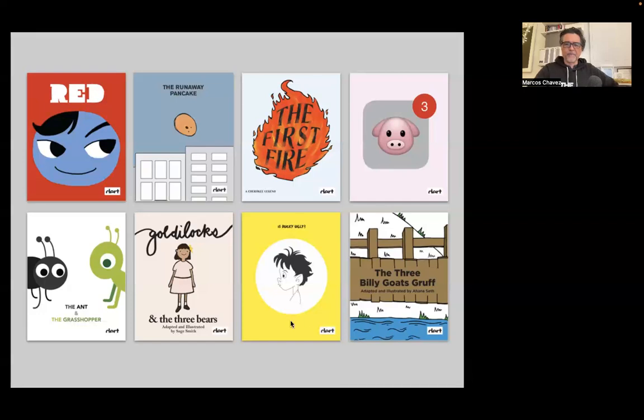But you can also see here that we have an Aesop book, The Ant and the Grasshopper, and that's another kind of classic thing about storing your treasure so that when hard times come, you're ready. And this is just done in a very simple but elegant vector art kind of way. Or Goldilocks, where you see that Goldilocks looks a little different than the typical Goldilocks that we're seeing, so that more people, different kinds of people, can relate to who Goldilocks is and can be that kind of person. So that's just a little twist of bringing more diversity into the character,